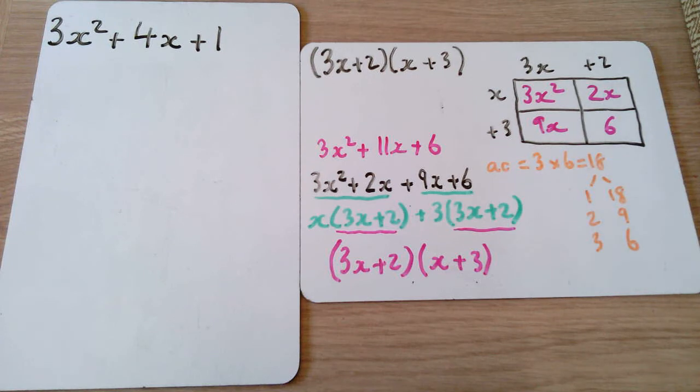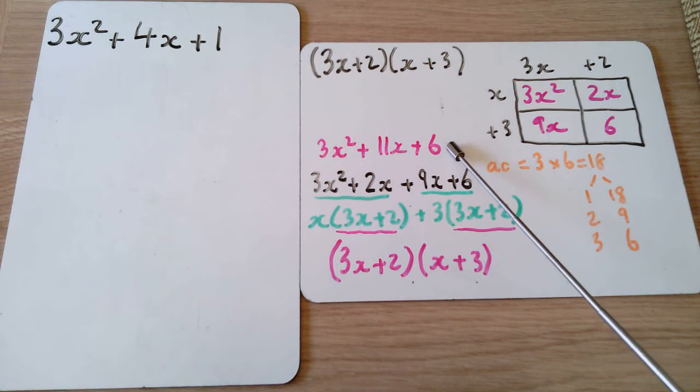Hello everyone, today we're going to be looking at a few additional examples on factorising difficult quadratics, or factorising quadratics when the x squared coefficient, i.e. the number in front of the x squared, is not equal to 1. On the right hand side I've got an example from a previous video where we were trying to factorise